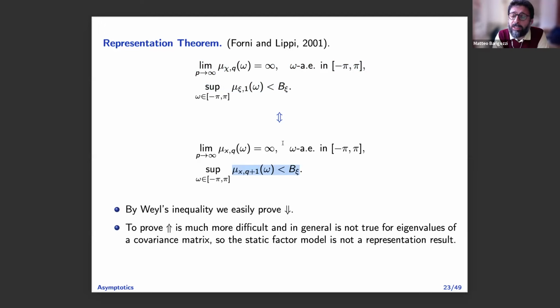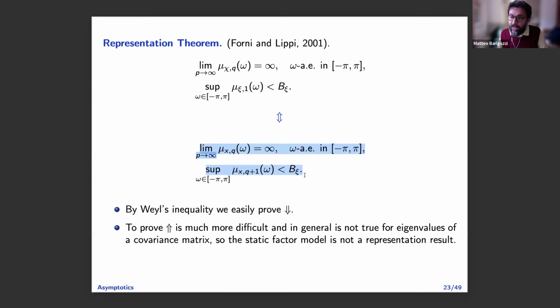However, the main important contribution of that paper is to show that the opposite is true as well. The vice versa is true as well. So if you find data that have spectral eigenvalues behaving like that, then there is a dynamic factor structure. Now, this is important because if you try to do the same with a covariance matrix, that's not possible, okay? When you have a covariance matrix, that's just a model. You can go in that implication only. You assume the first, and then you say the data has this. Then you look at the data eigenvalues, and you say, well, if there is a factor model, this is the number of factors. This is the other way around. This is much more powerful because this is a representation result. This is an if and only if, okay?